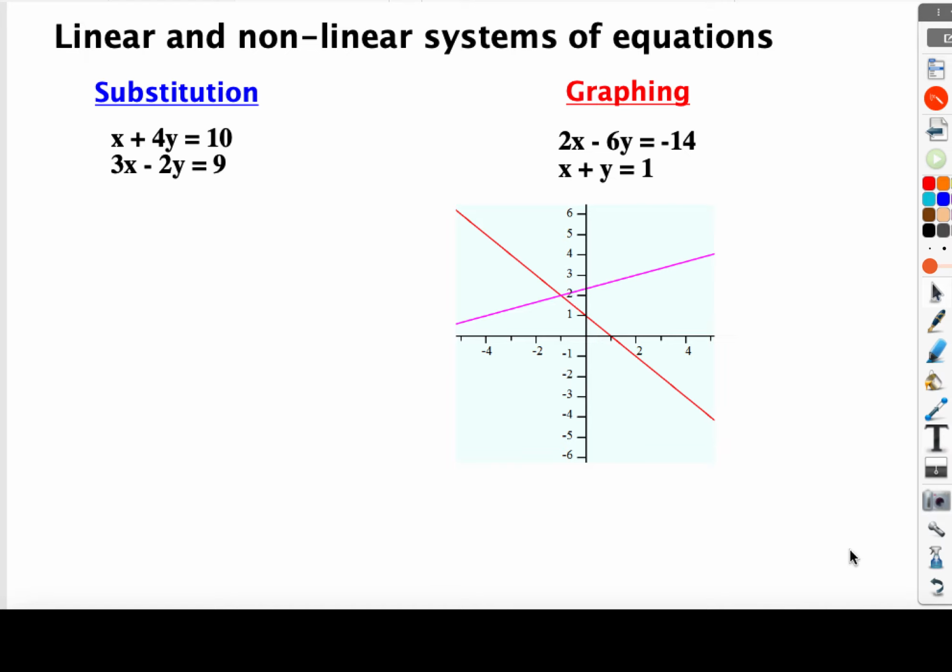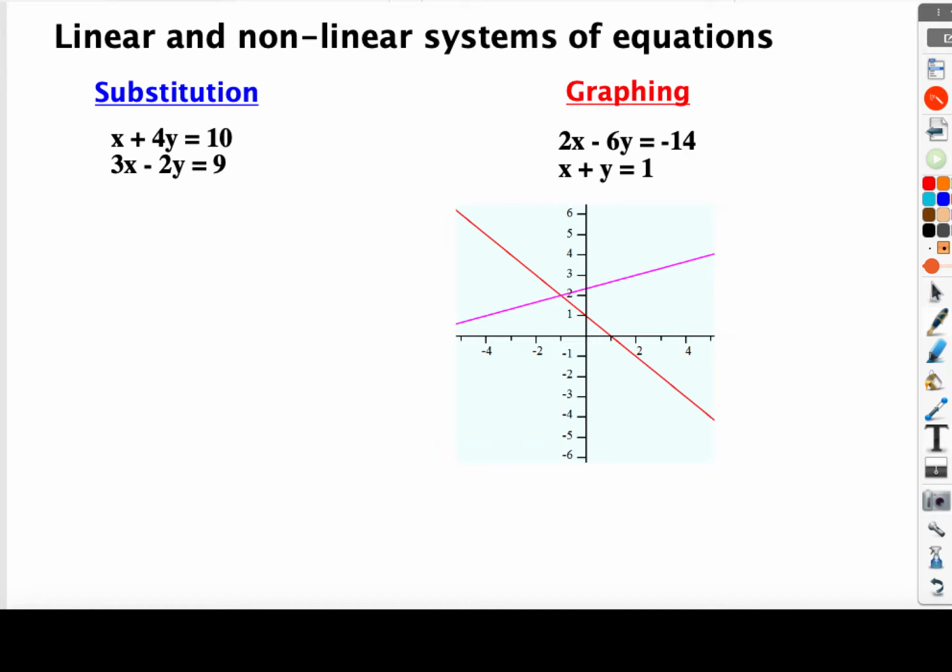I'm going to talk a little bit about solving both linear and nonlinear systems of equations. Two really good ways to do that are by the method of substitution and graphing. Substitution is a great algebraic method. The one thing that's required for substitution is that we want one of our two equations solved for one of